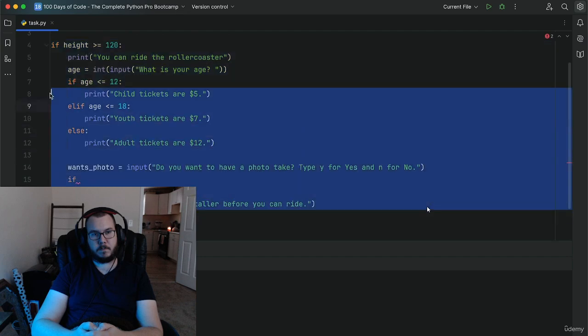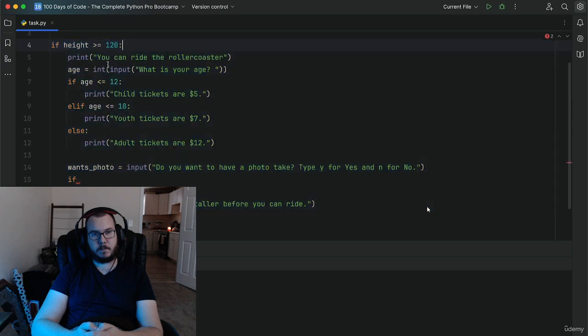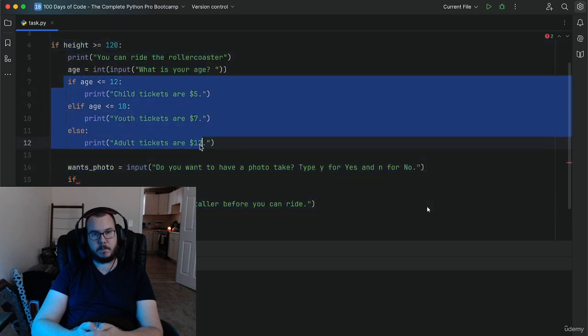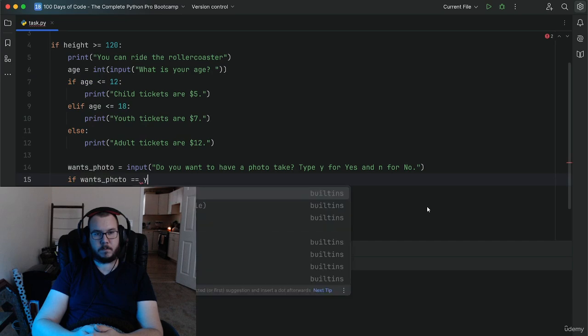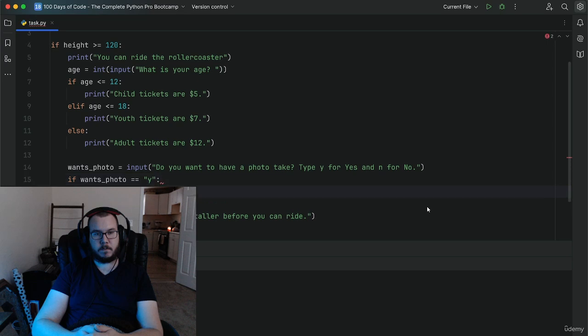So essentially what's happening is once I've checked their age, then I'm going to check whether they want a photo or not. And this is going to apply to everybody, no matter their age. So if wants_photo is equal to Y, well, in this case, I'm going to go and add $3 to